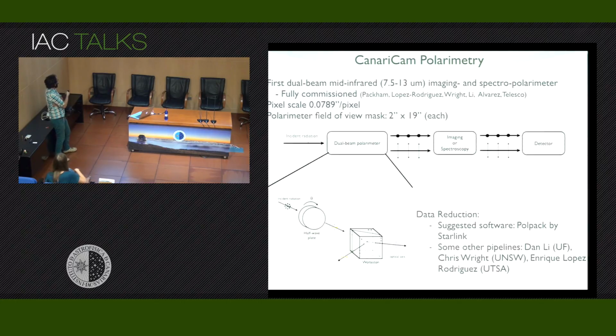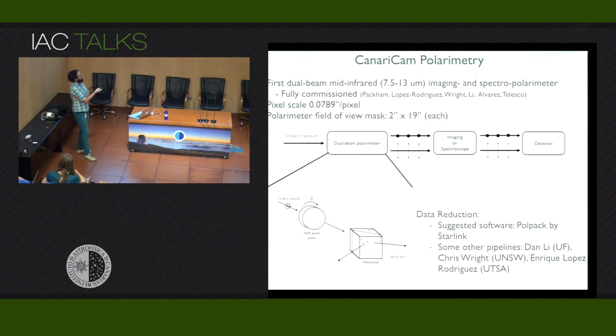If we go in depth on the dual beam polarimeter, it has the half-wave plate that you can rotate to several position angles. Normally, for the standard polarimetry mode, we use 4 different position angles: 0, 45, 22.5, and 67.5. And then we have the Wollaston, which is the key component of the dual beam polarimeter. This is 2 prisms that split the light into different components, the ordinary and extraordinary rays. So at the detector we will have the same image twice for each one of the position angles.